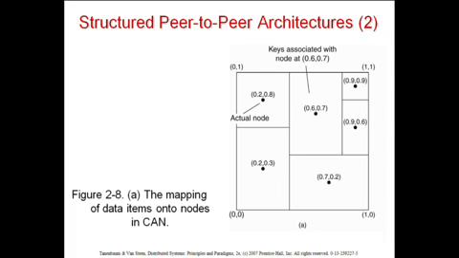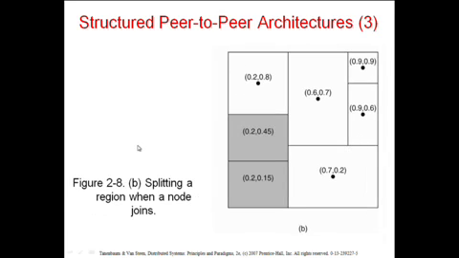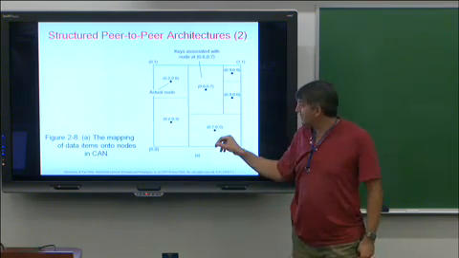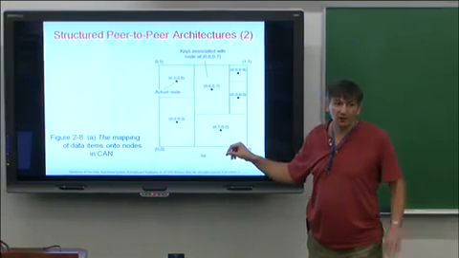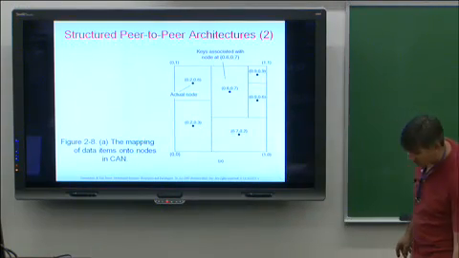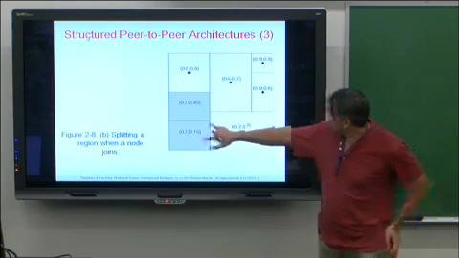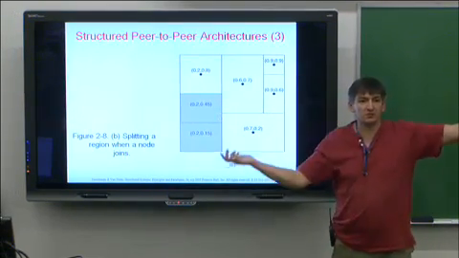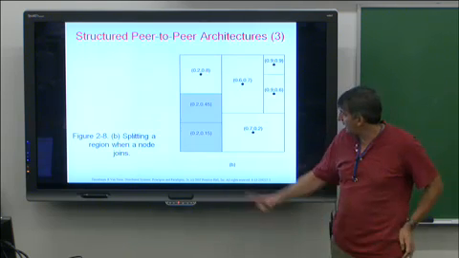So CAN is such a system in which some sort of a partitioning of a high-dimensional space is actually happening. And then things are easy for a while. For example, if a new node joins in, you have this partitioning, a new node joins in and randomly picks a location in the space. Then you have to split this location. You cut it in two. So the new node and the old node that owned the entire location communicate and partition, say, the set of documents. And you partition the space.